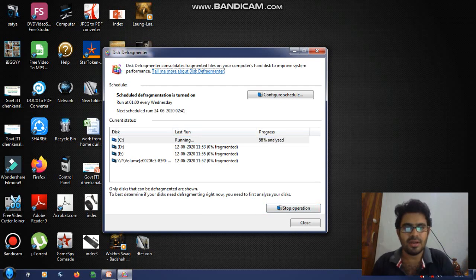After analyzing, it will let you defragment. It will take 2 to 3 minutes to analyze all the data which are going to be defragmented. As you can see, the process is going on.